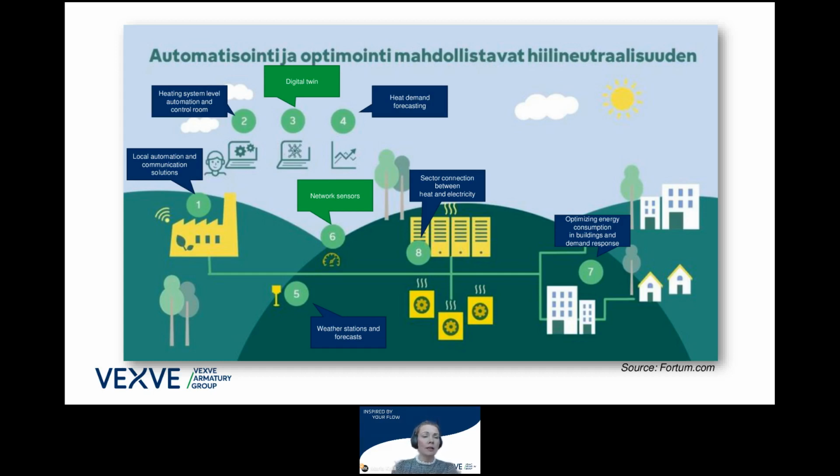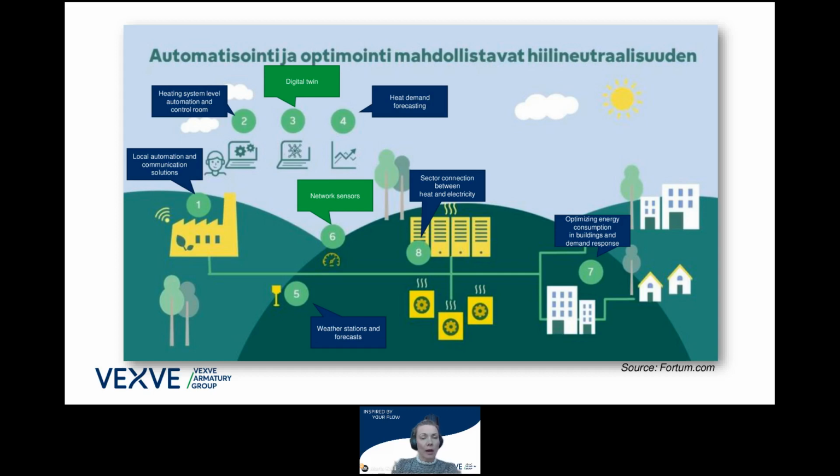Also under this Espoo Clean Heat project, heat demand forecasting is being used. Weather stations and weather forecasts are used for optimization. Then in point 6 are the network sensors, which we will look at a little bit later in the coming slides. Also optimizing energy consumption in buildings and demand response is being used. And finally, as the 8th part of this project is a sector connection between heat and electricity, giving flexibility for both in this volatile